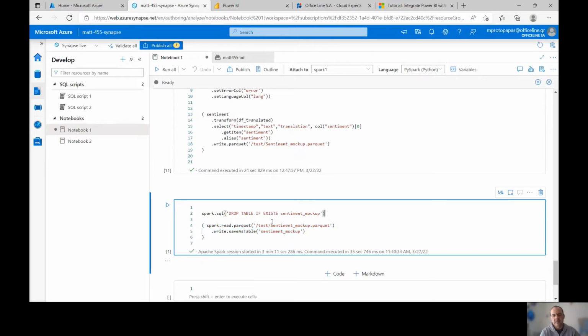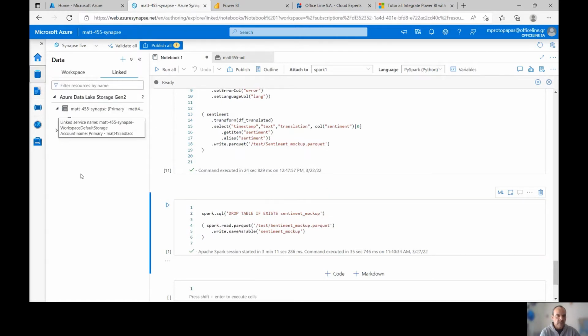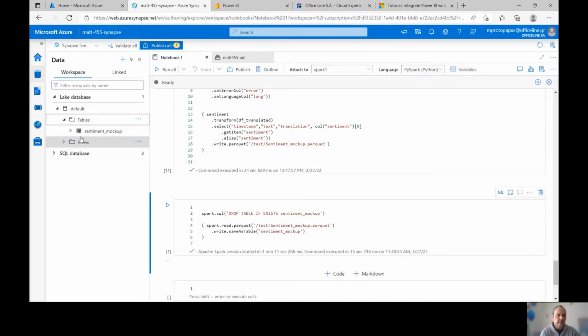This command just drops the table if it already exists. And the result of running this would be to go to the workspace and create within the default data lake database this Sentiment Mockup table.